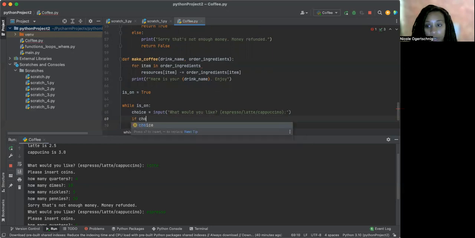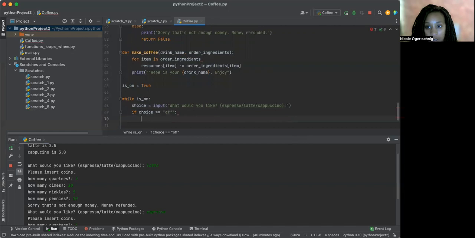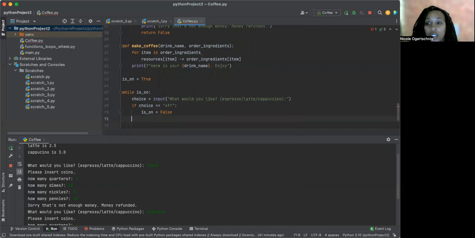Okay, if choice is just going on. And we're going to have our elif. Actually, we do not need to put in, actually, so we're changing this up a bit. I think,